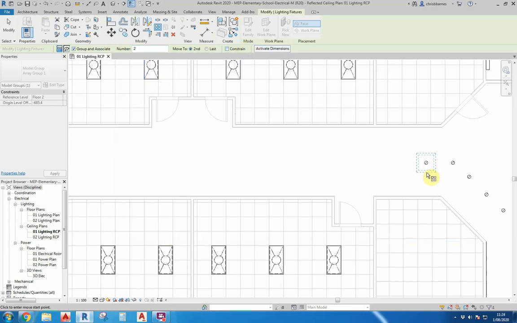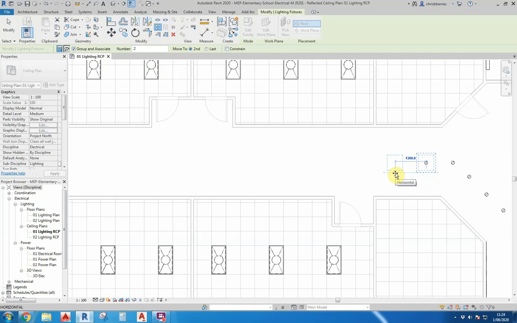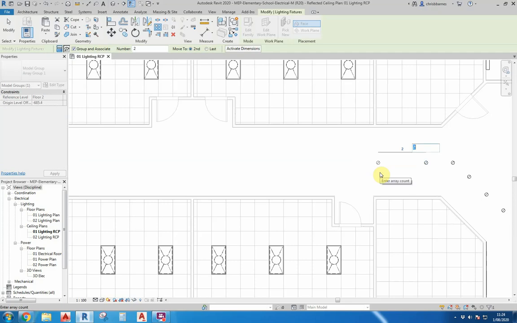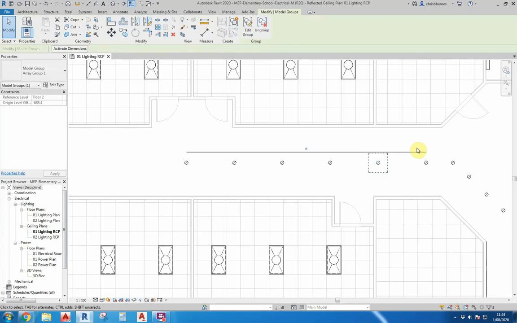But for now, we're just going to copy this across. Now we can either, again, put it in the direction of travel that we wish and use the temporary dimensions for the distance that we want, or we can just type in the figure. Once we do that, it places the first item in situ, but then it gives us this option of how many we want. So if we want 6 in there, we just enter 6 and then press enter, and there we have those 6